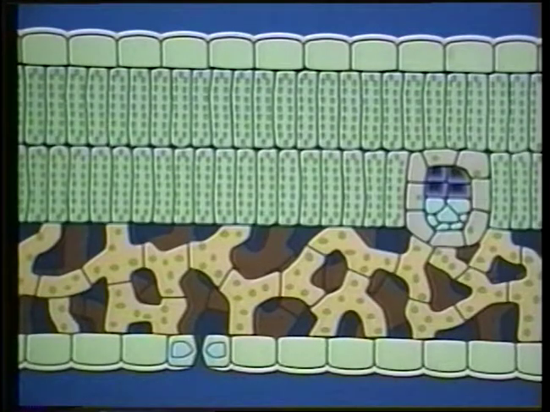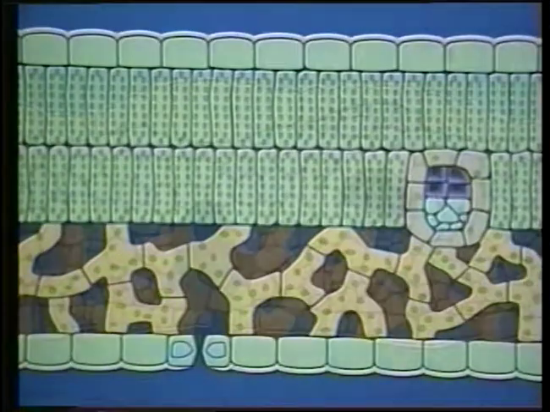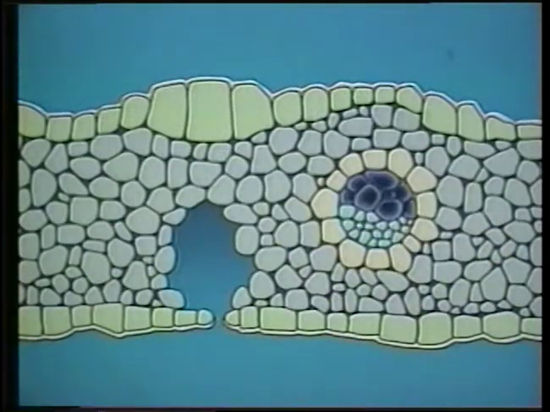Note the internal structure differences between the leaves of dicotyledonous or dicot plants and monocotyledonous or monocot plants. Both dicots and monocots have a layer of epidermal cells acting as protection for the other cells of the leaf. The epidermis is covered with a cuticle, or wax-like material. In addition to providing protection for the epidermis, the cuticle helps maintain an adequate amount of internal water in the leaf by preventing the evaporation of water.